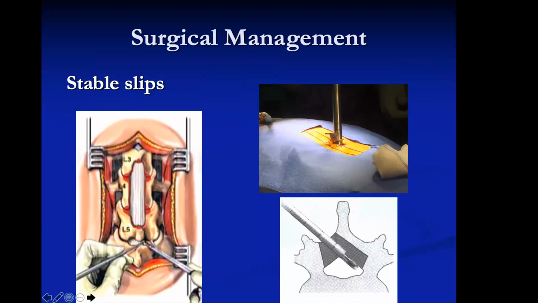So you could decompress it using an open technique or a minimal access technique. The advantage of the minimal access technique is that it carries all the advantages of a minimally invasive surgery, like better cosmesis, less blood loss, early mobilization, less injury to the paraspinal muscles so that the patient is back to work soon, lesser hospital stay, and less scarring of paraspinal muscles. So that in a way has a role in such a situation, because if you do open surgery